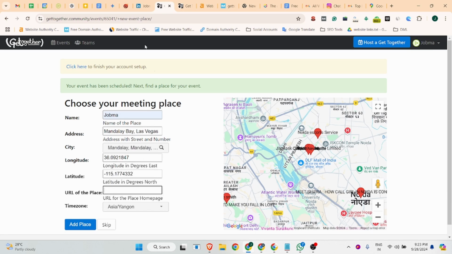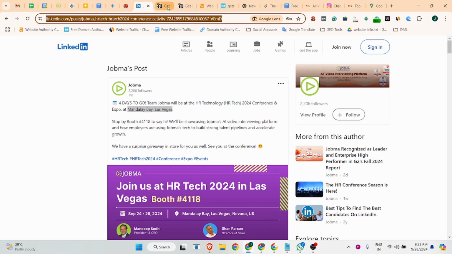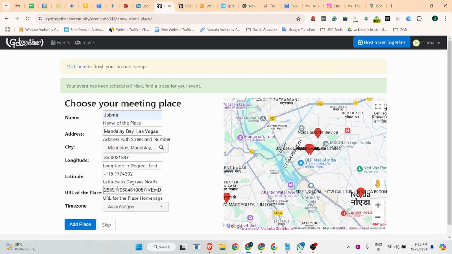You can add a place URL if available. For now we don't have one, so let me use this. Suppose you have an organization address or any event address, so you can add a place URL.